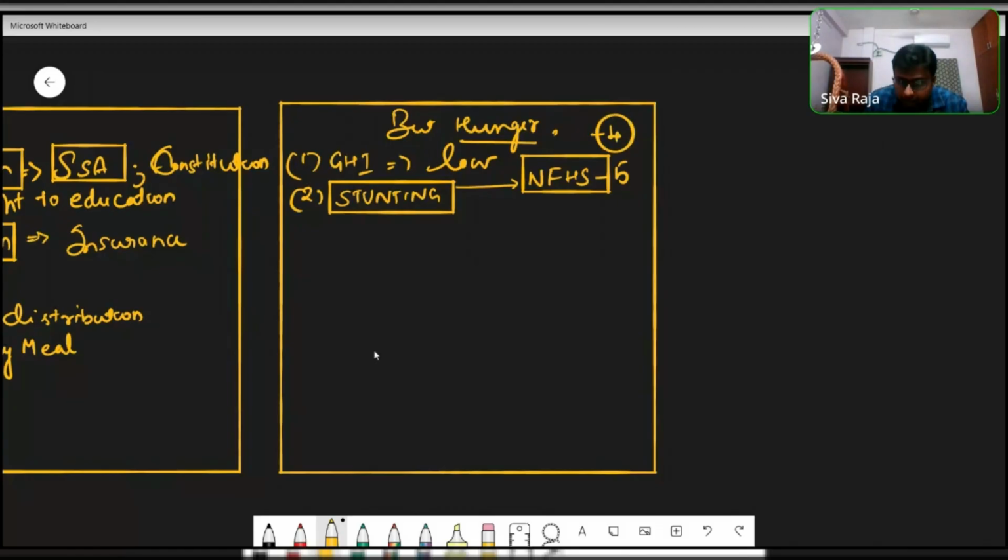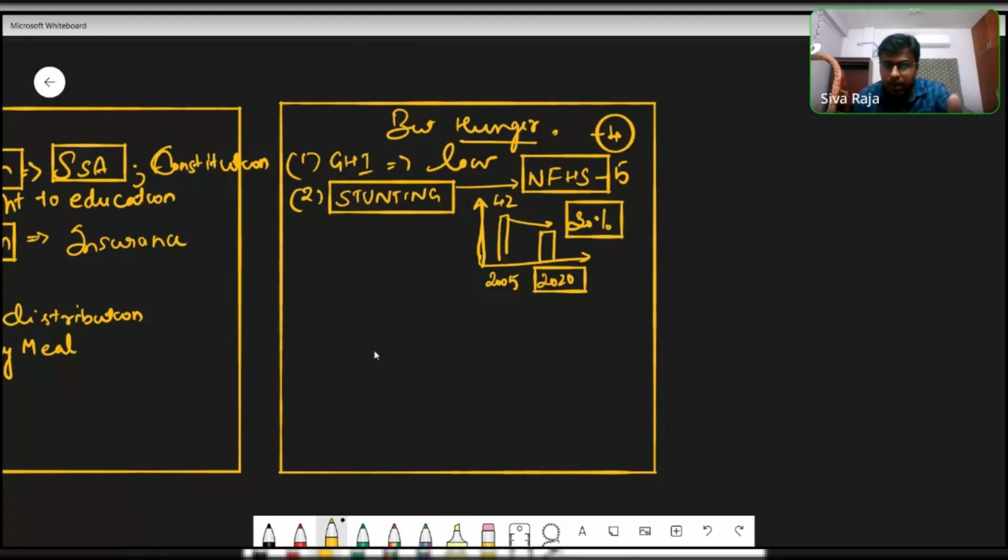So in this, the data for stunting is available. You can have a graph and say that in 2005 it was 42, now it has reduced. In 2020 it has reduced, but still it is high, still 30%. So still 30% of the children in India are stunted, and wasting is there. So you can talk about that, or obesity is there,